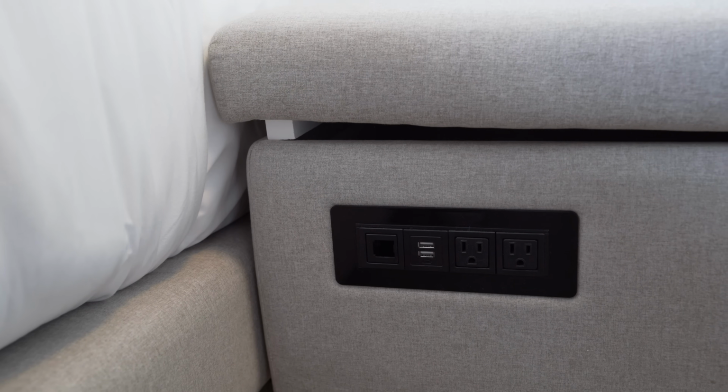Now, right by the bed down here, you know this is a modern hotel because it has both power outlets and USB-A right by the beds, and for me, that's something that's all important. You want to be able to charge your phone easily, you don't want to have a long wire. It's something that's a real pet peeve of mine, and they seem to have nailed it here in the rooms